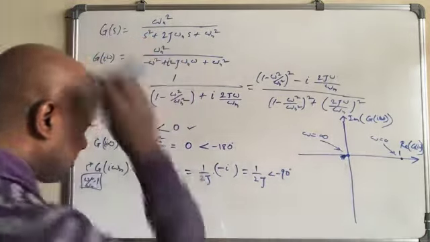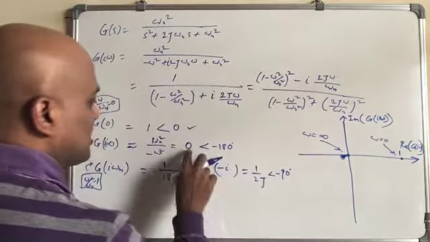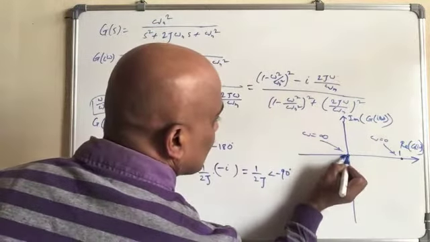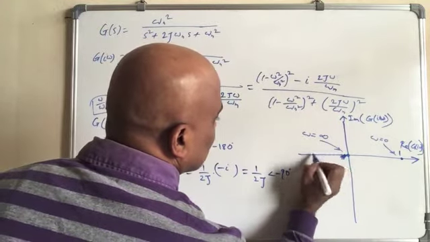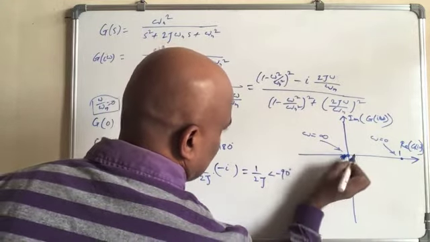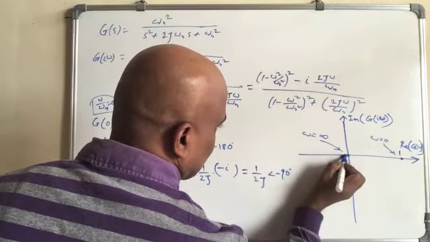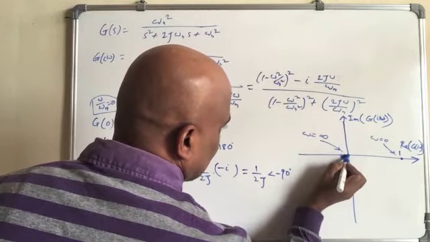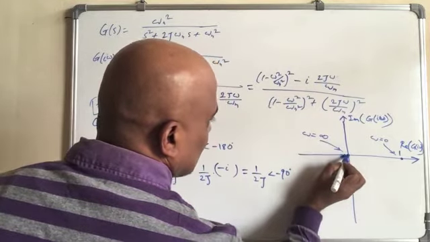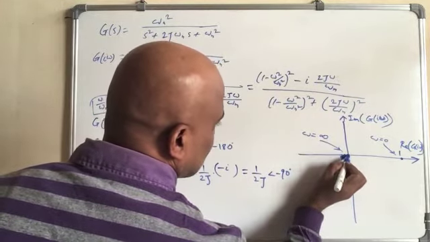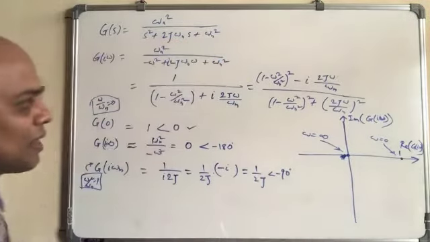So the point will be on this axis. Or you can assume this when it is 0, a very small value, but on this line, on the real axis, negative line. It is very close. It is on 0 only, but it should go like this. Okay. Now next is